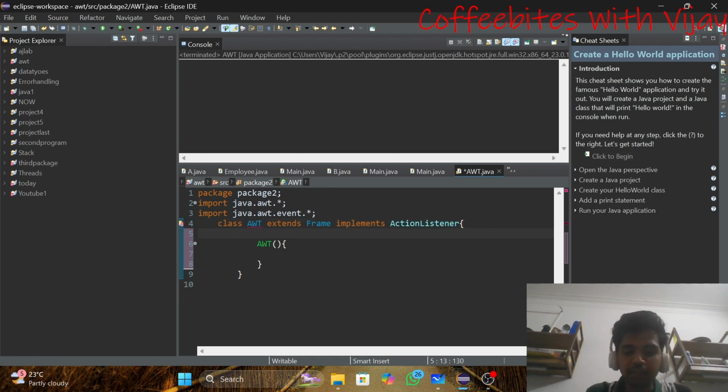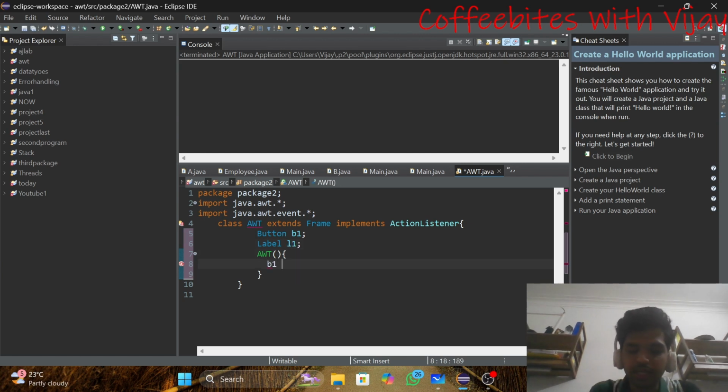Guys, I will be using button and label components in today's program. So I will declare the button b1, let it be one button, and I will take a label l1. I think this is enough.